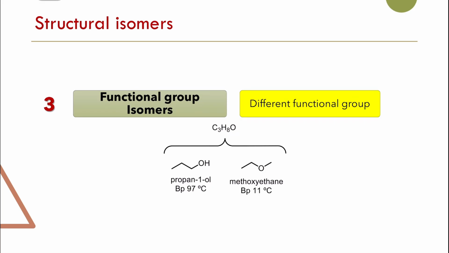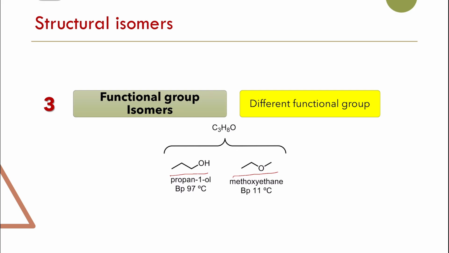The third class of the structure isomers are the functional group isomers. Functional group isomers means that the functional group itself is different, not the position. Okay, so it's a different functional group. Let's have an example of that. So C3H8O, we can have 1-propanol, and we can have methoxyethane,